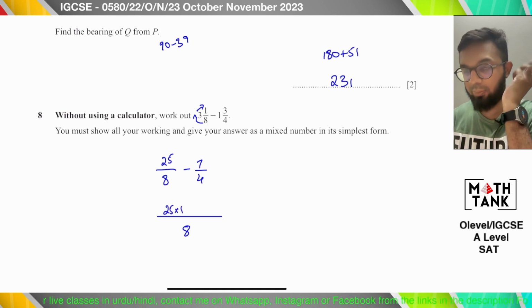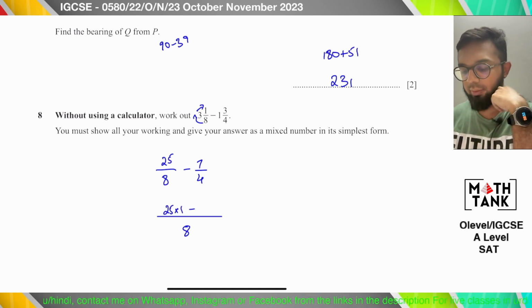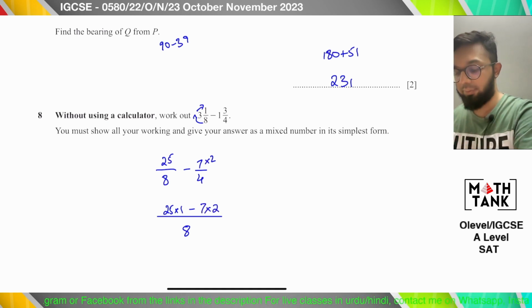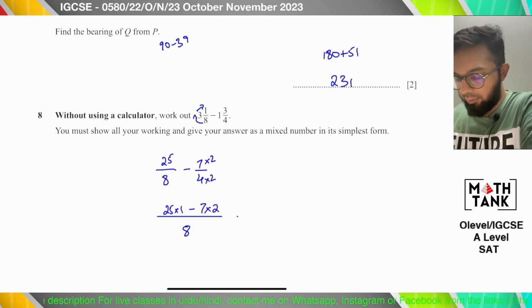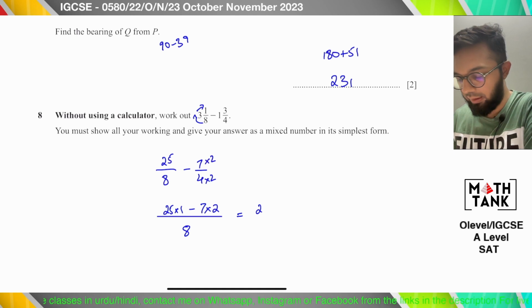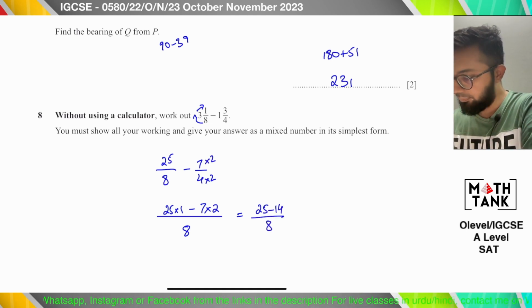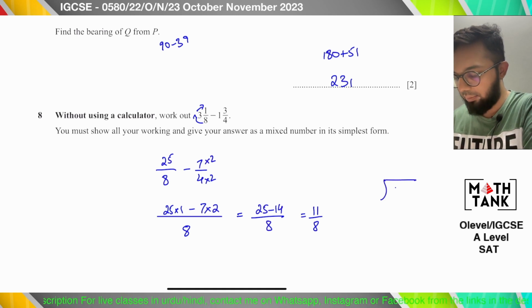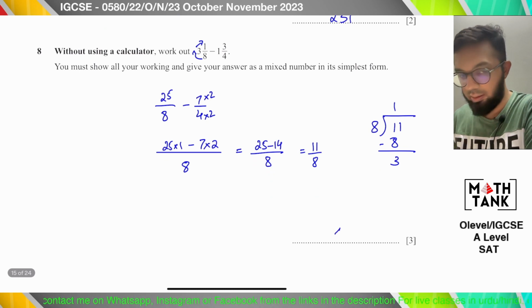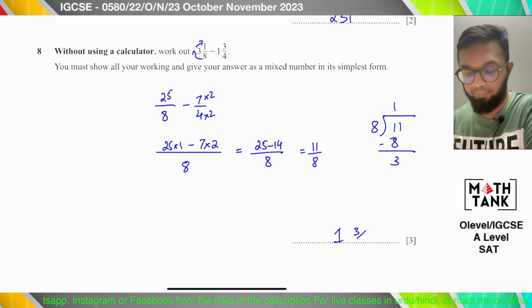8 and 4 will have a common denominator of 8. 25 will just multiply with 1 because it already has a denominator of 8. This will multiply with 2 because it has a denominator of 4. In order to convert this into an 8, you multiply by 2. So 25 minus 14 over 8. 25 minus 14 gives me 21, and 11 over 8. Converting this again to a mixed number gives me 8 times 1, 3. So 1 whole 3 over